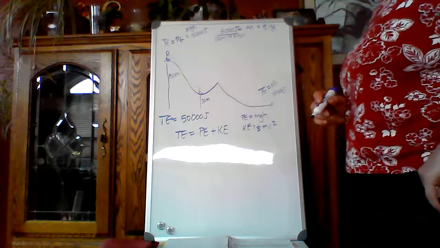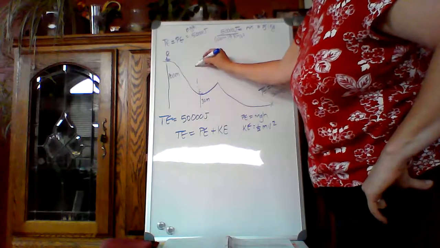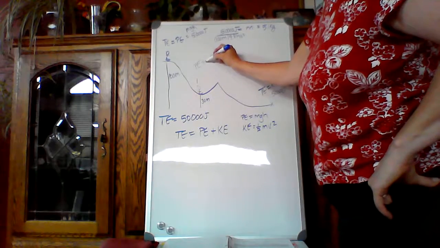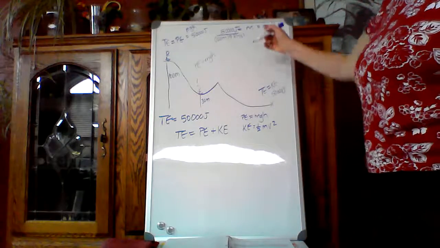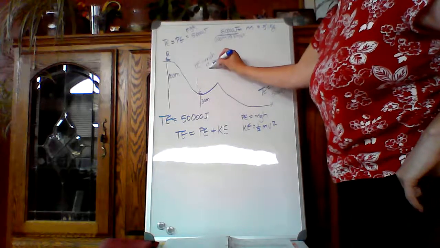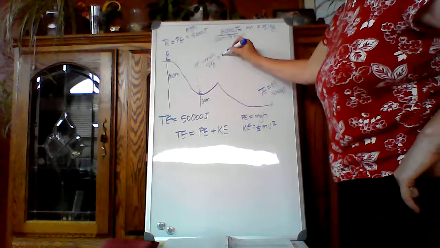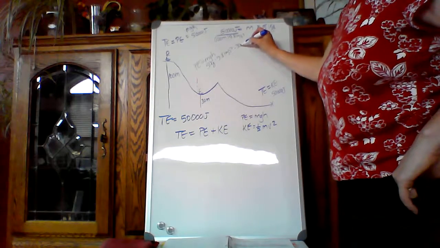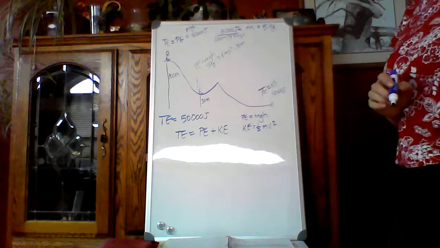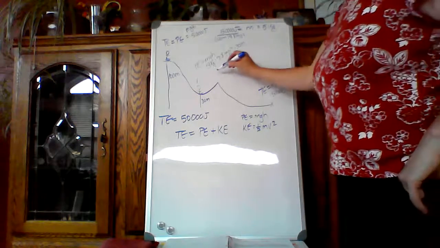But what would her potential energy be at that point? So at this point, the potential energy is still going to equal its mass times the acceleration of gravity times height. We determined her mass. Hopefully that hasn't changed on the ski run. So 51 times 8.1 meters per second squared times 30 meters. So we can determine that the potential energy at that point is